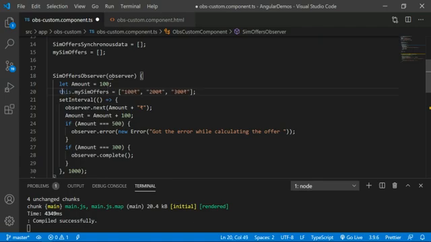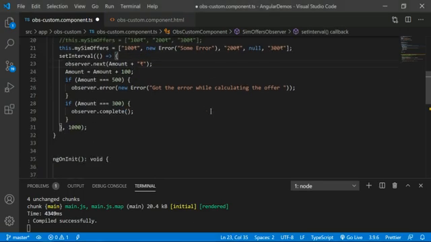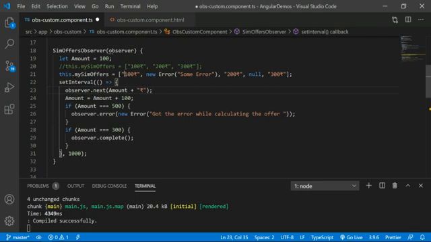Let's say my simOffers has this kind of data, with the conditions like this. The first thing is 100 rupees. Just assume that I am getting this data from the DB as an asynchronous call. This is synchronous data, but just assume it is asynchronous data from the DB.